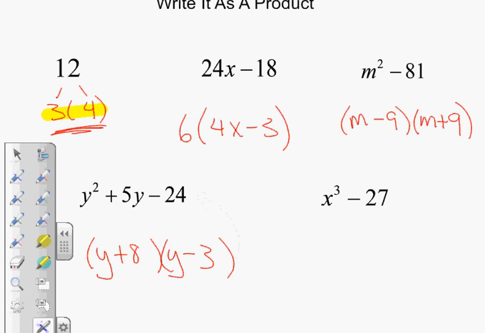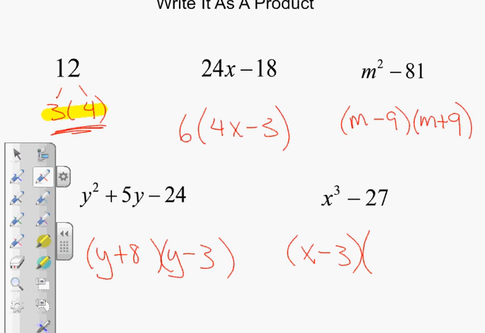Okay? So this last one, if we notice here, it just looks like it's two terms. It actually factors into something quite large. This is an example of something called a difference of cubes. Interestingly enough, this will blow you away that I'll just write the answer on the board, but in subsequent videos when I show you how to do this, you're going to do it as well as I do. So I actually know that this is going to be the quantity of x minus 3